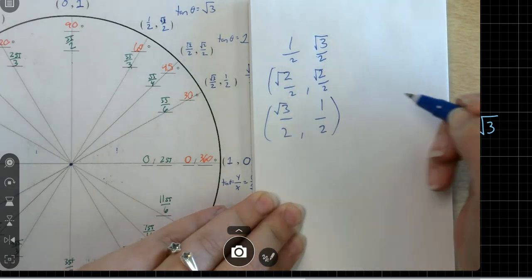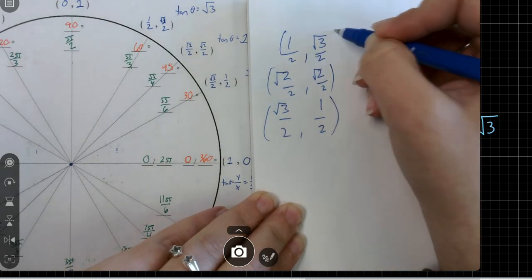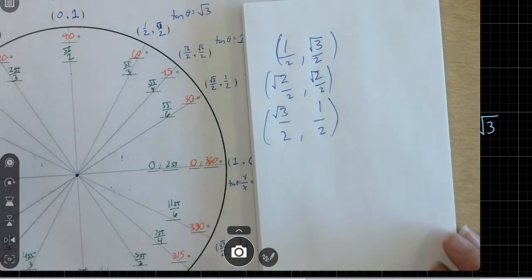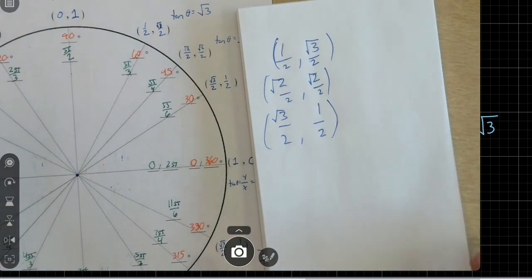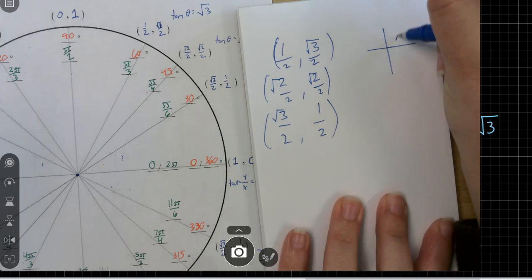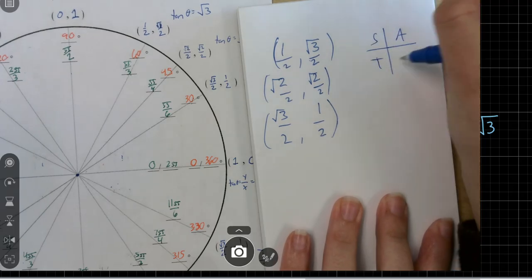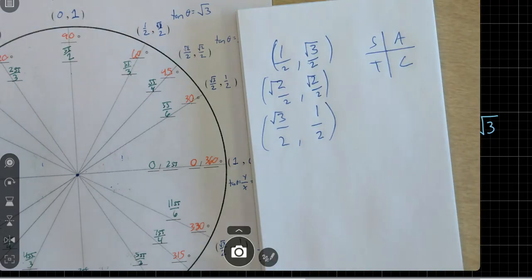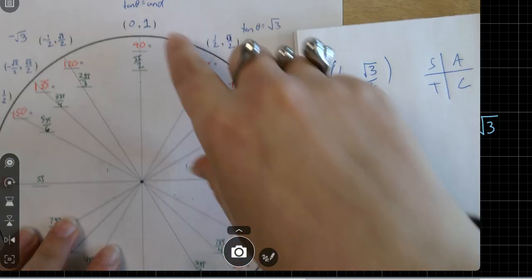Boom. I know it's kind of messy. Okay, boom, that's all you have to do. And then remember which one's positive and negative? We know that because of "all students take calculus." That's what goes in my head every single time. How do we feel? Okay, but then you also have to remember